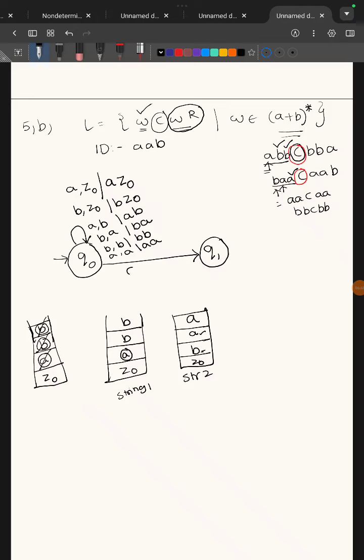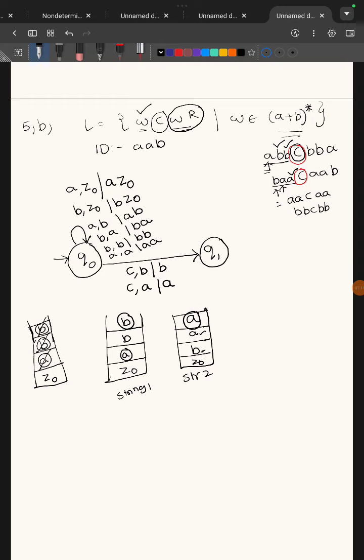So C is the input symbol. Here, what is the top of the stack? B is the top of the stack. What am I going to do? I am going to do nothing. I will keep the B as it is. Okay. C is the input symbol, A is the top of the stack. I will not do anything. I will keep my A as it is. Okay. Now,